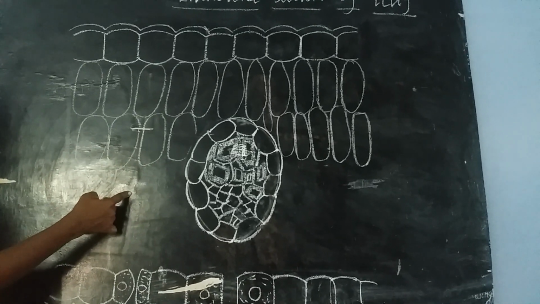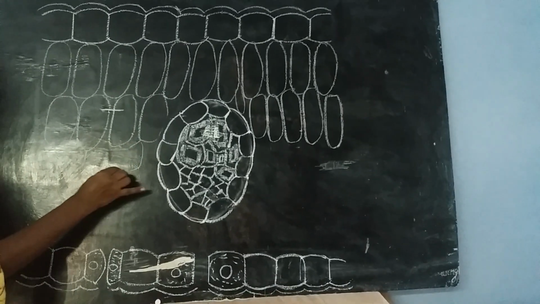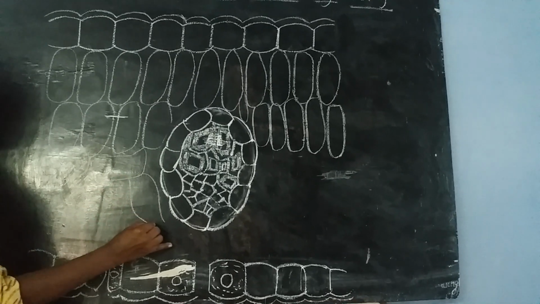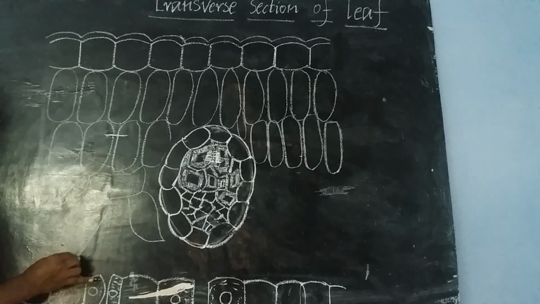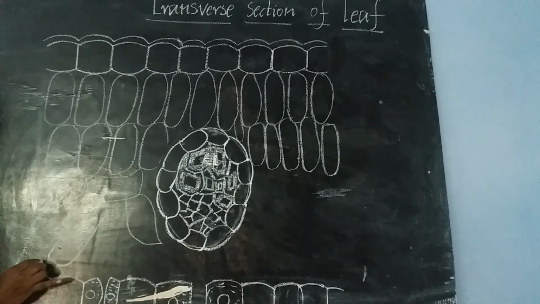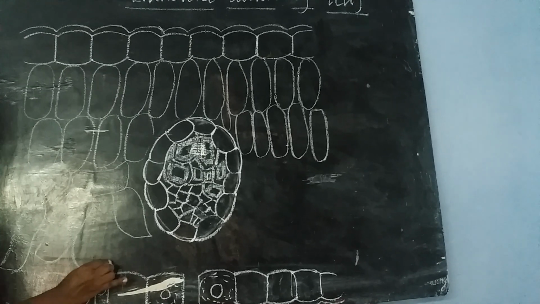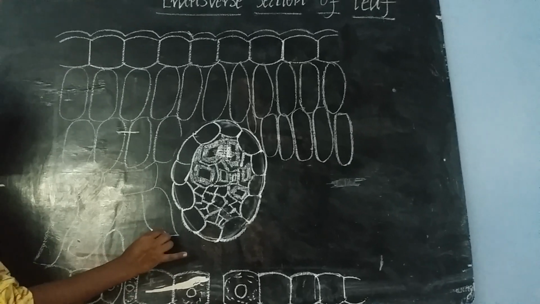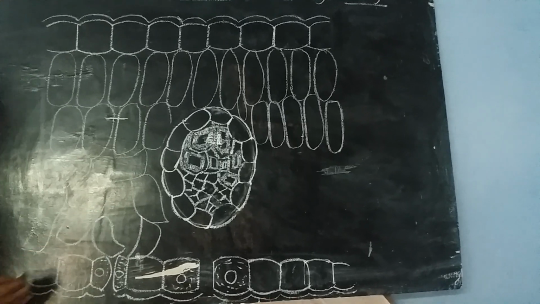Now I am drawing spongy parenchyma, which has more empty spaces, like a room. It just appears like an empty room, called air spaces. Here we may find the cells are arranged irregularly to form air spaces, which allow gaseous exchange to take place through these large gaps.